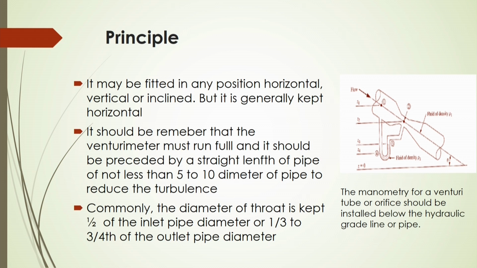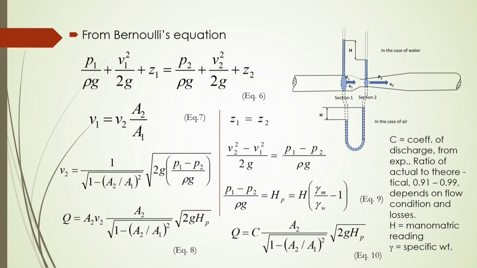So, the manometer for the venturi tube or orifice should be installed below the hydraulic grade line of the pipe, and that should be remembered here. Now, based on Bernoulli's equation, let us consider the energy balance in this venturimeter. See here in the figure, there is a venturimeter with two sections, section 1 and section 2. Section 2 is for the throat, and